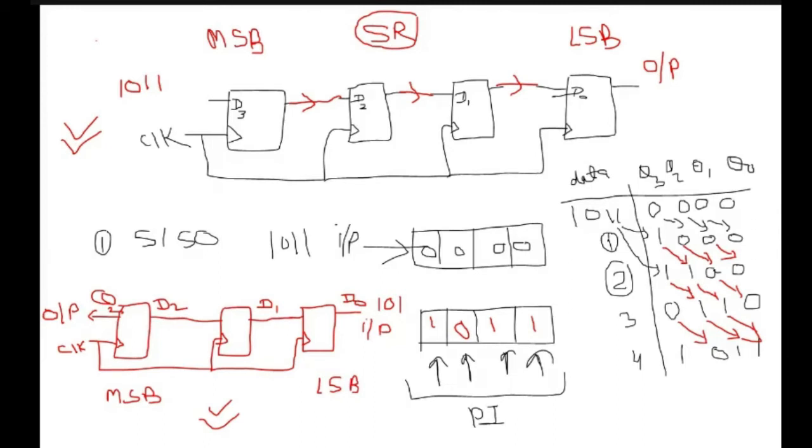So this is the basic operation of your serial in, serial out shift register, where depending on the number of bits, the same number of clocks are required. For 4-bit serial in, we need 4 clock pulses. For 3-bit serial in, we need 3 clock pulses. So for an n-bit shift register, we require n clock pulses to input the data serially, and n-1 clock pulses to get it out serially. We'll see one more example on this, right?